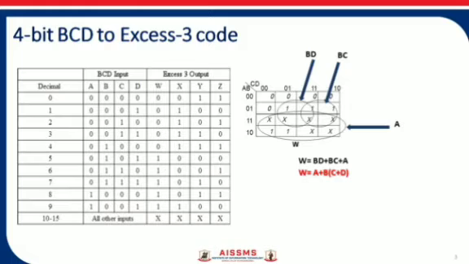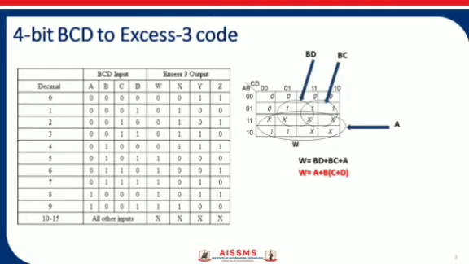But as we know, the numbers from 10 to 15 are not declared inside BCD, so we are going to treat them in XS3 as don't care. To show the don't care condition, we use a cross, or you can say X. You have to put that X or cross also inside the K-map. After that, once we put the zeros, ones and don't care conditions, we need to make a grouping of ones.